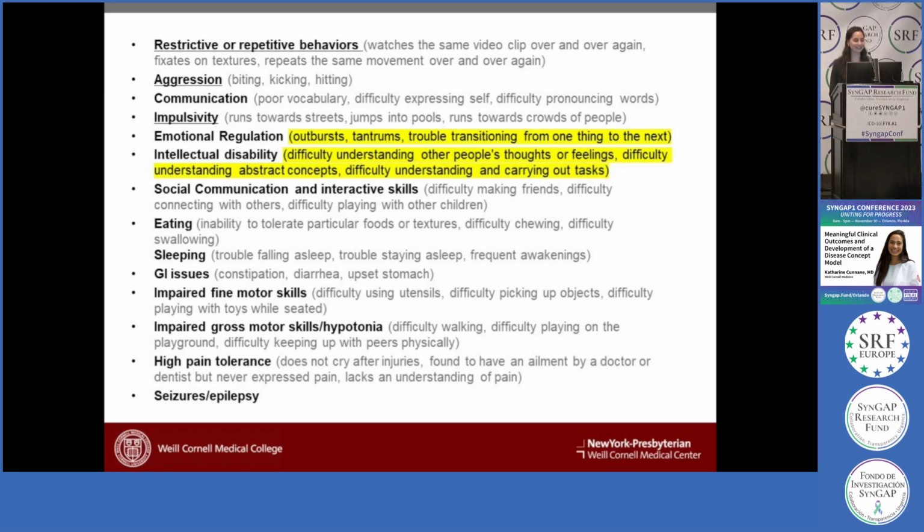I know this slide has a lot of text, but I will explain it. So in transitioning from the caregiver interviews to having content to send out to caregivers for surveys and provider surveys, we wanted to operationalize some of these symptoms. We wanted to spell out, especially with some of the more vague terms, what does this really mean? So for example, instead of just asking caregivers about emotional regulation, we created this definition based off the interviews